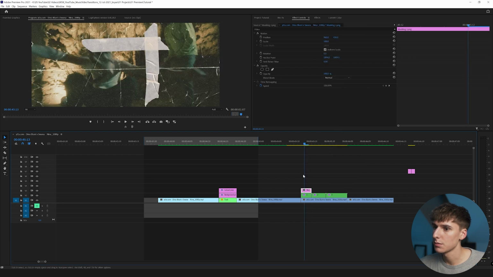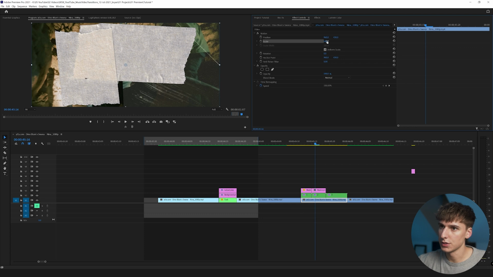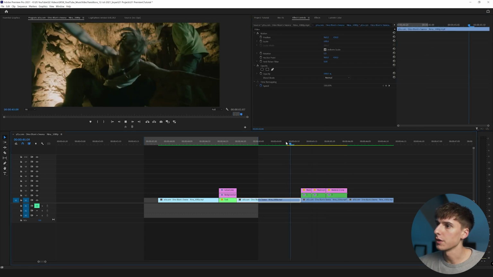And then I just scale it to frame size so you can see what that looks like. And I'm gonna scale it down a lot actually. Maybe something like 50. And then if you click on motion here, you should be able to play with it however you want. And I'm just gonna go ahead and put some tape up there in that corner, and then just do the same thing for this one. And then the last one over here. And we have something like that playing.